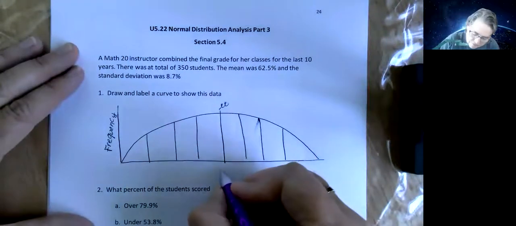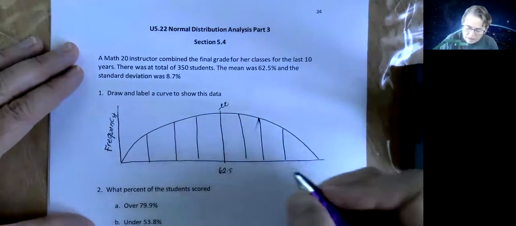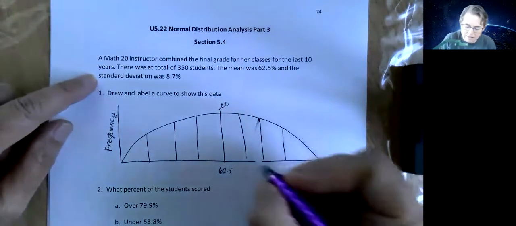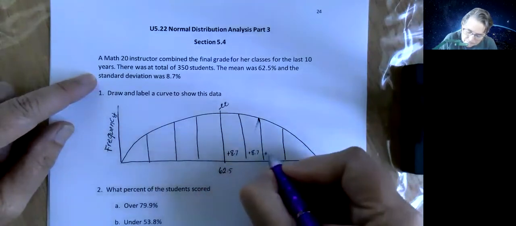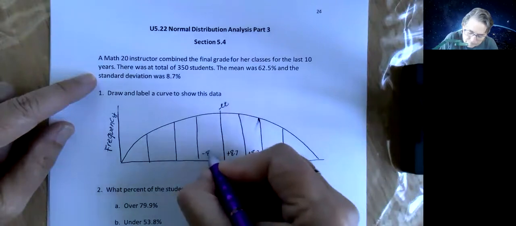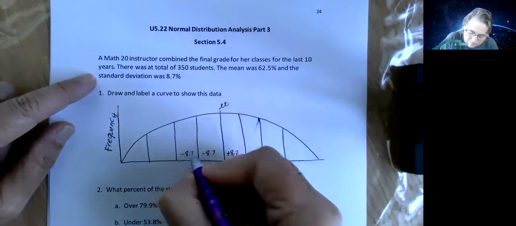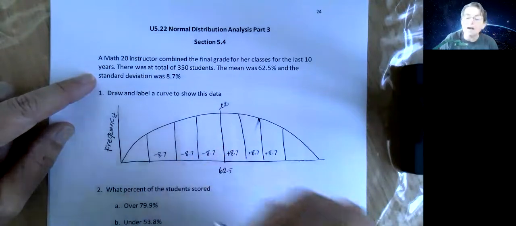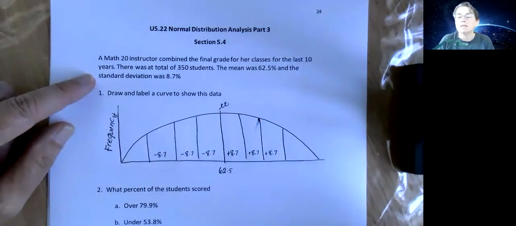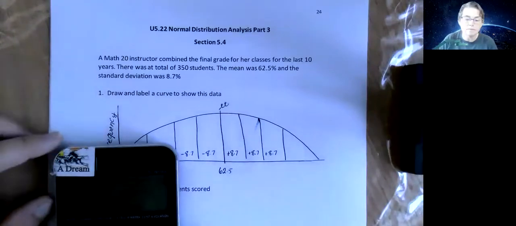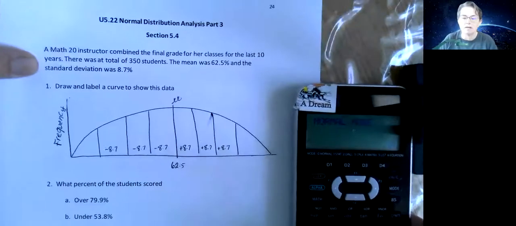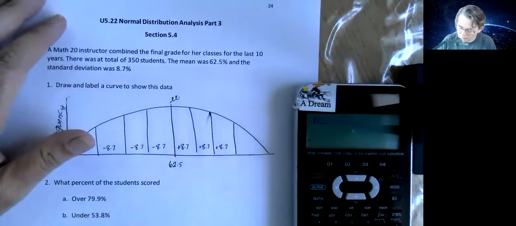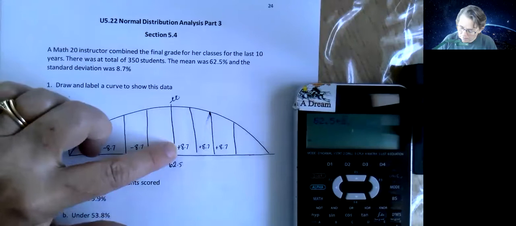So the mean was 62.5. And what am I going to add? I get to add and subtract standard deviation. So I'm going to do that. I do not remember what student showed me that they did that every time, and I have adopted it since, it's just so much easier. So let's put our numbers in. Where can we see that? There you go. Let's see if I put it over there. Cool. So 62.5 plus 8.7,